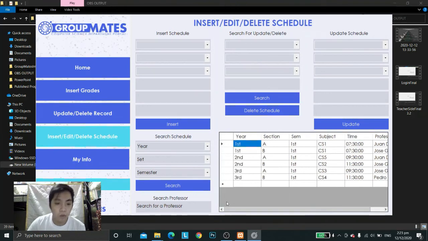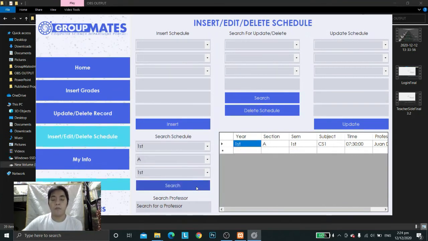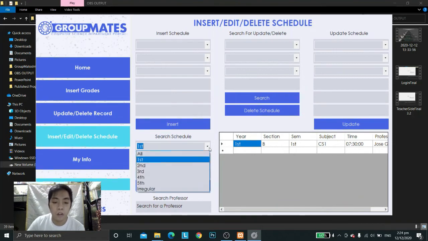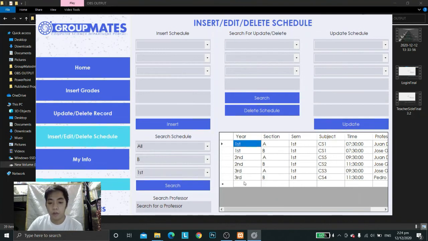Here we can also search for a specific schedule. Say it's for first years, then set A, then first sem. Then let's press search. Now the schedule will change for first years, set A, first sem. Let's say it's set B. If you want to see it all again, just select all here, then press search again, so we can see all